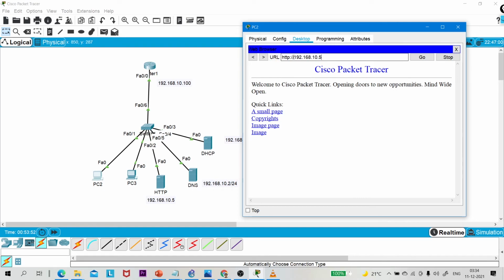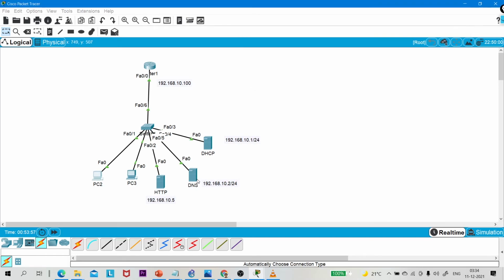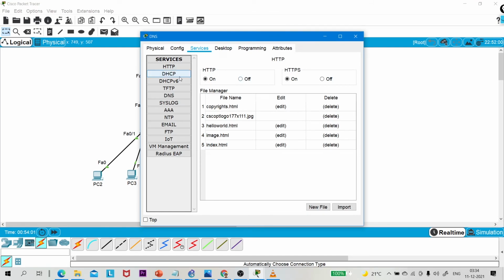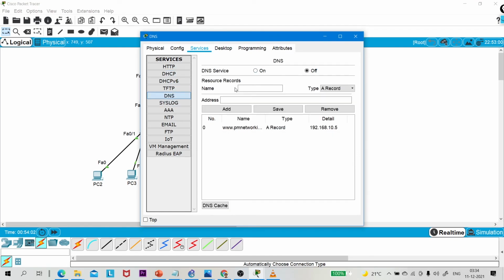Through the IP address I am able to access, but through the domain name I am not able to access. So if I turn on the DNS service, then again we can access my website through my domain name. So what is the use of a DNS server? A DNS server is used to resolve an IP address from a domain name.